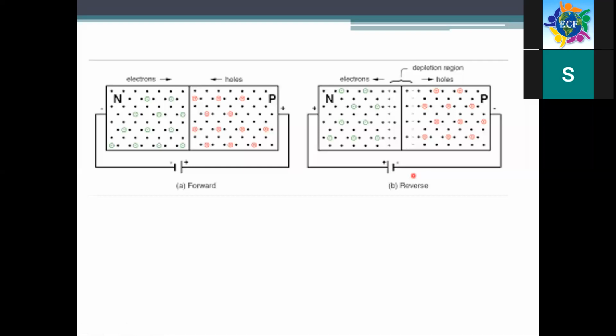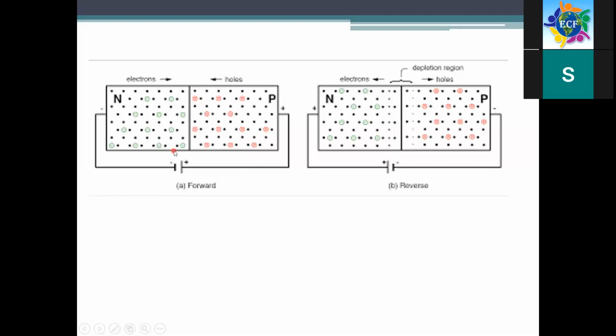In these conditions, since the reverse battery voltage is applied across the junction, the width of the potential barrier increases. The width of the potential barrier means this depletion region will increase due to the reverse connection. Hence the current through the diode is not possible, which indicates the very high resistance of the diode. In reverse bias, we attach P to negative and N to positive. Hence this region increases, and it opposes the flow of current in the reverse diode. Okay?